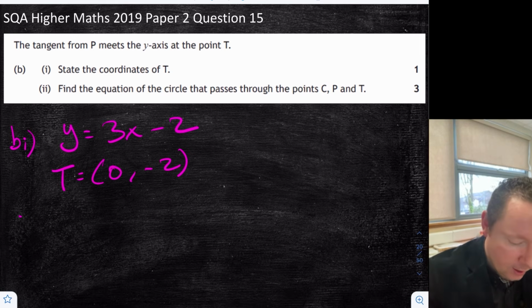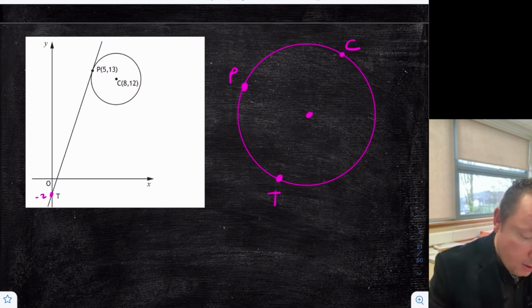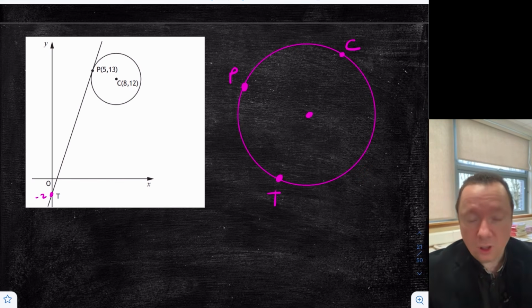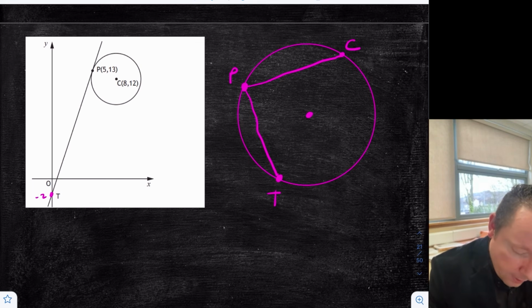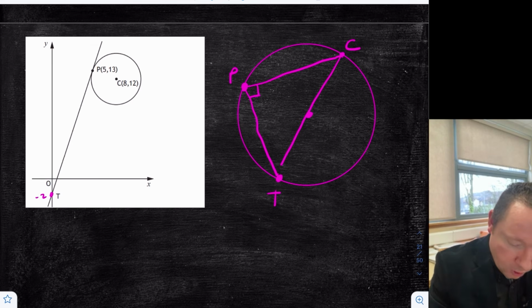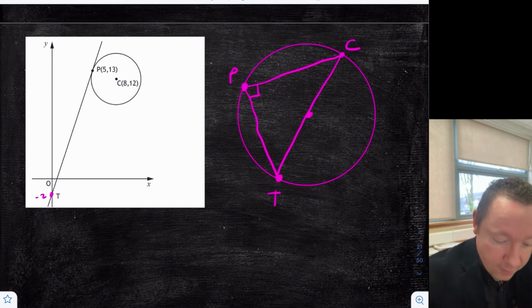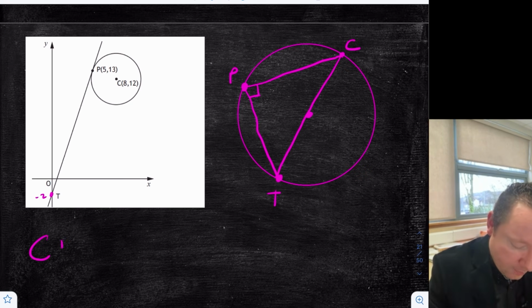So part B2 says find the equation of a circle that passes through the points C, P and T. So if we've got the picture of it here again, we've got C, P and T, and we're saying that there's some circle that goes through all three of these points, a bigger circle. Now, I've not drawn an accurate sketch of this, but we know that this is a right angle, it's meant to be at P. Now that only happens in a circle when we make a triangle, and that would be the diameter. So we now know essentially that CT is the diameter,